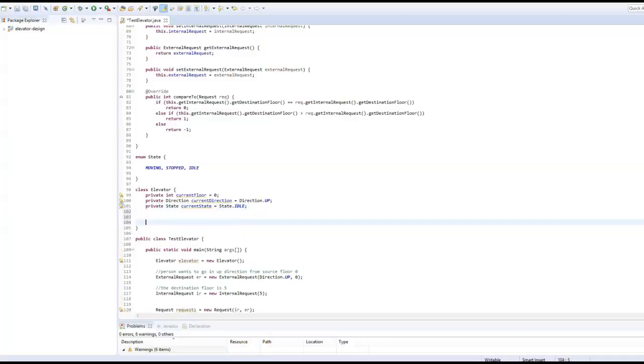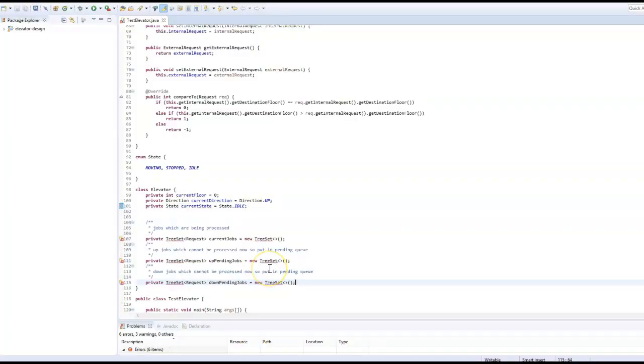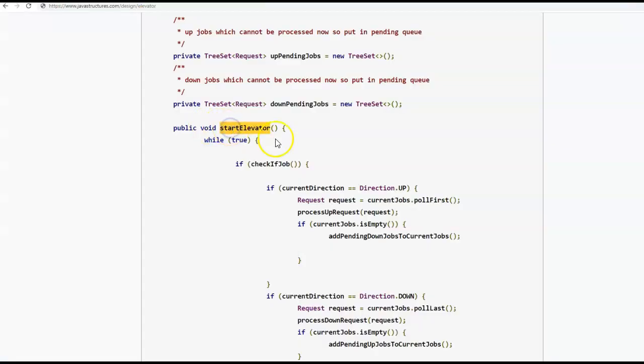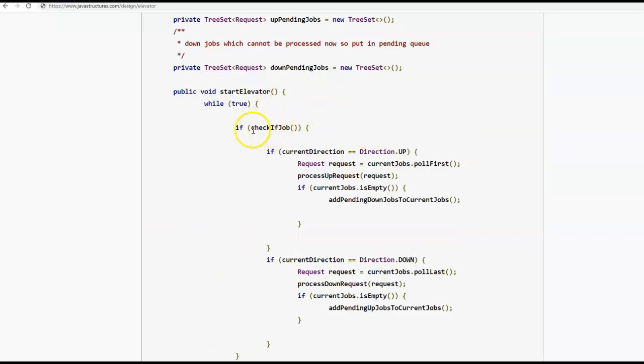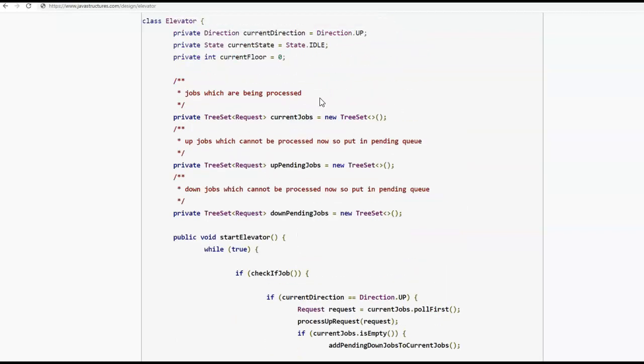Here in the Elevator class, create the three queues of type TreeSet, and import TreeSet. Next we'll be creating a method named startElevator. We'll be calling this method whenever we want to start the elevator. Inside this method we have written while(true) because we want this method to always be in an executing state once it has been called. Once the elevator has been started, we'll be checking if the current job queue has any jobs or requests inside it.